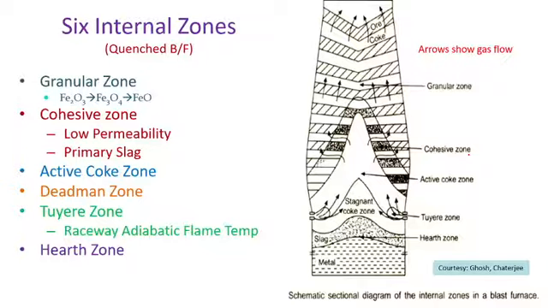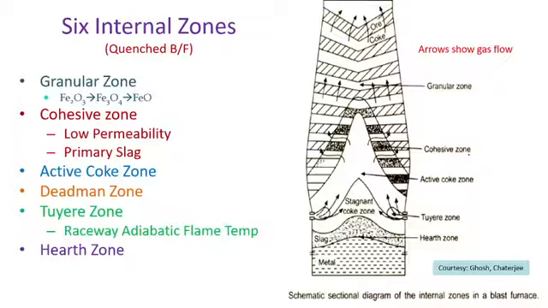But what actually happens inside a blast furnace in real practice? Sectioning study of a quenched blast furnace gives valuable insights into the existence of various internal zones of a blast furnace. For this type of study, an experimental blast furnace is quenched, that may be with water, and sectioned vertically, and samples are analyzed, which are collected from different parts of that quenched blast furnace. So that gives much idea about the zones.